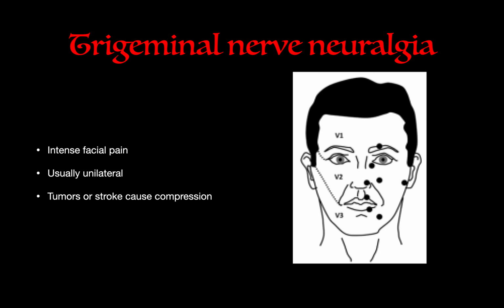So trigeminal neuralgia is intense facial pain. It's usually unilateral, and it can be caused by tumors or strokes and cause compression. When a patient comes in complaining of unilateral intense facial pain that is triggered by very, very light pressure or even by just air blowing on them, you can suspect that they have some nerve neuralgia, and in order to do a nerve block or know exactly where the damage is, you can see where the pain is the greatest and determine which branch of the trigeminal